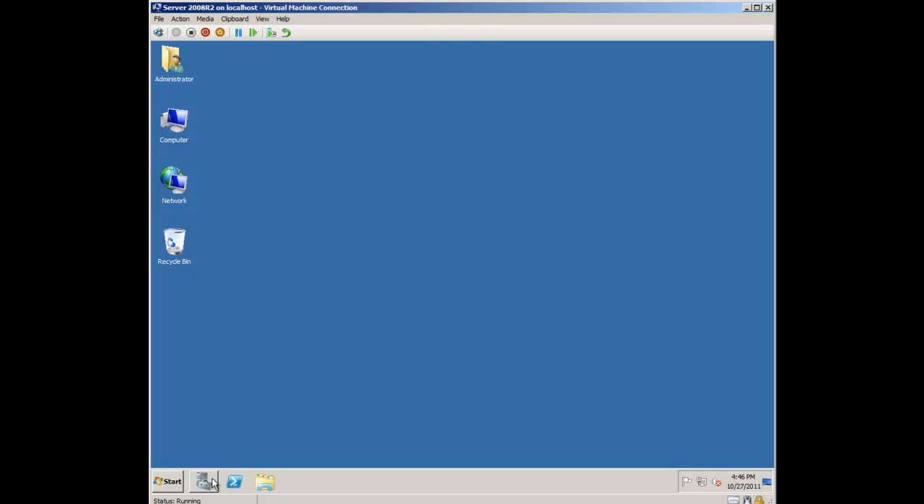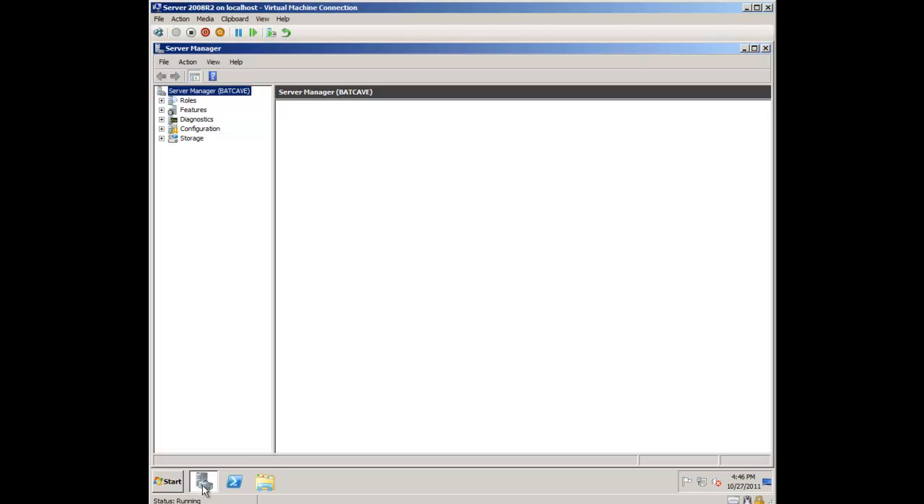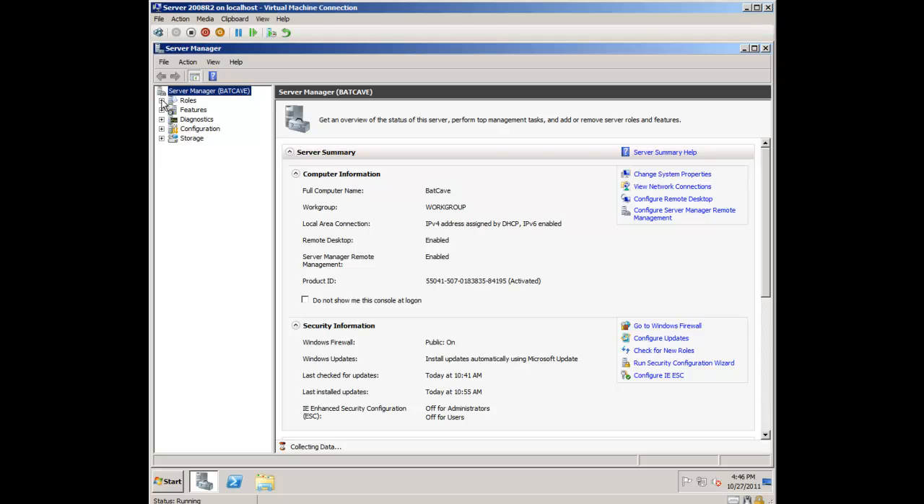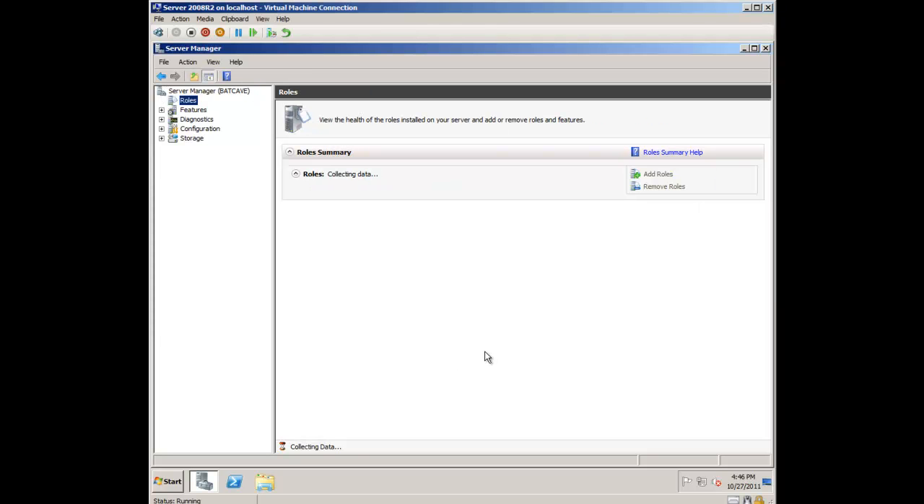You can come in and add it as a role. So I'm going to come down here and select the server manager console. Come down to my roles section, and here I'm able to see what roles I currently have installed. Now in this environment here, I don't think I have anything installed, so I can select to add a role,